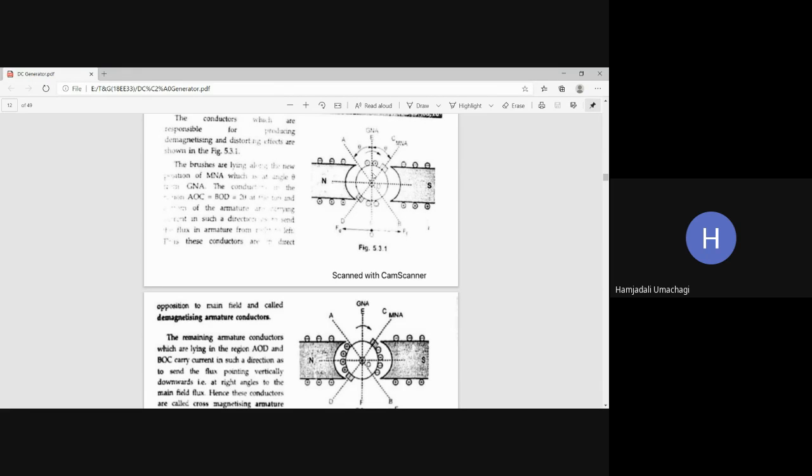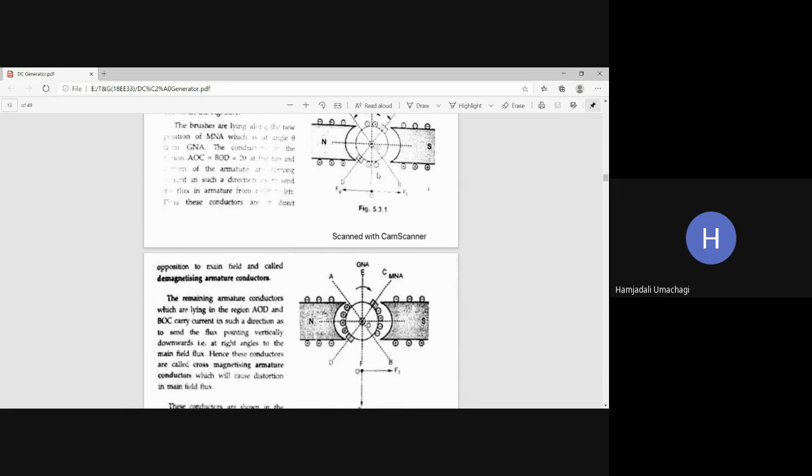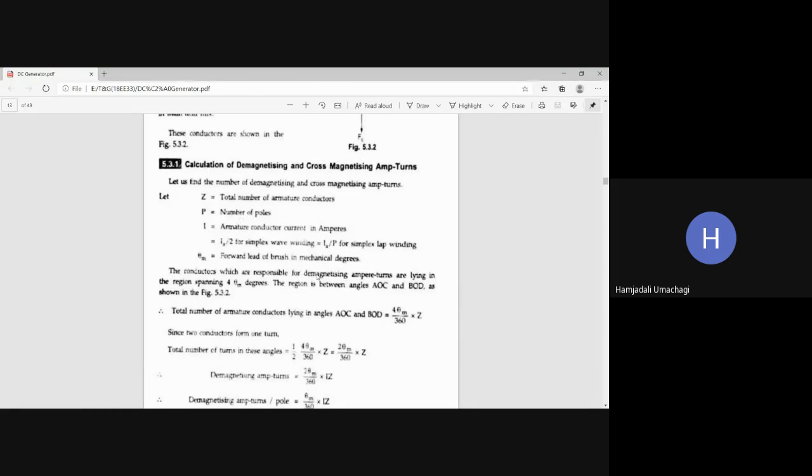This is the theta m, the area covered by the conductors responsible for demagnetizing ampere turns. That is what we are seeing here. The conductors which are responsible for demagnetizing ampere turns are lying in the region spanning theta m plus theta m plus theta m plus theta m, altogether 4 times theta m degrees. The region is between angles